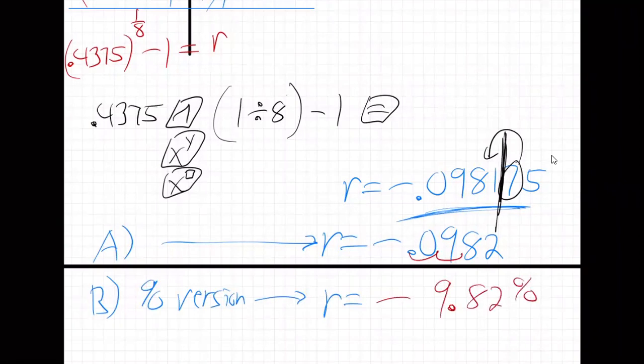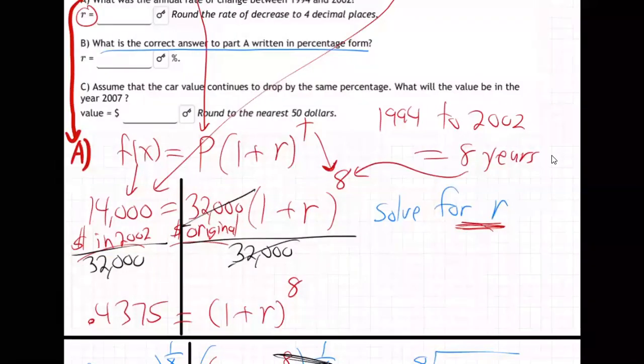9.82%. That percentage on the end here is kind of like a magnet, and the decimal is like a piece of metal. It pulls it. Was over here, it goes 1, 2. It pulls it towards it 2 places. That's why there's 2 zeros in the percentage symbol. It reminds us to move the decimal 2 places. So there's the decimal version. There's the percentage version with the decimal moved 2 places to the right. Still negative. And then part C